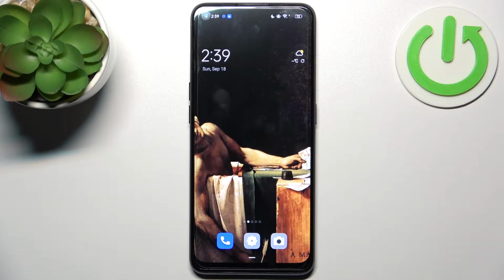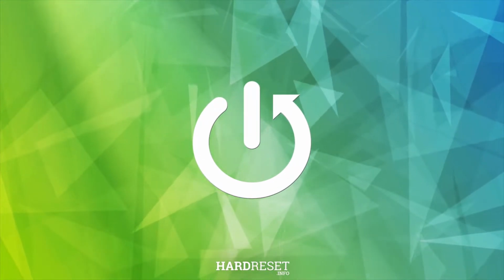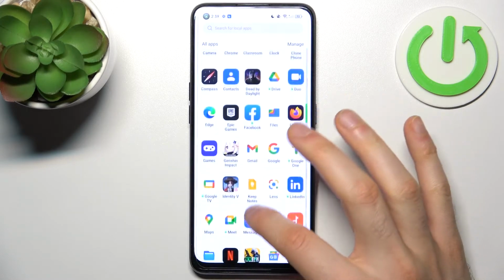Here I have OPPO Find X5 Lite, and today I'm going to show you how to transfer files from internal storage to SD card on this device. So firstly you have to open Files application,